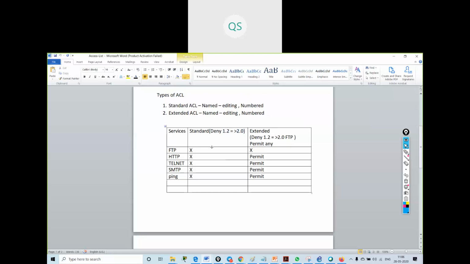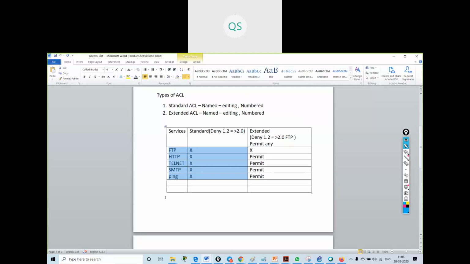If you give this statement in a standard access list, it will deny all types of services and all types of traffic, whether it is FTP, HTTP, Telnet, SMTP, ping, trace, anything. It will deny all the traffic, all the services.